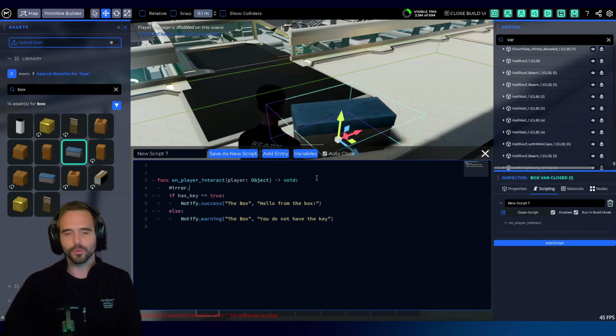It's not a zero globals type of environment. Some frameworks and languages are like that, but we think having a few is helpful, but we just don't want to expose globals all the time. So what we're going to do then is mirror.set global,